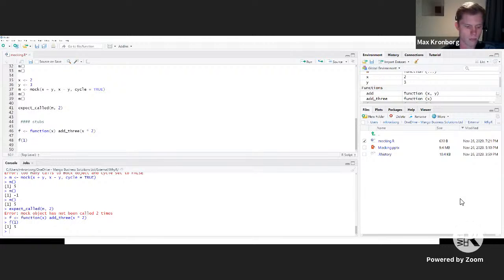So the way to use stubs is to call the function and to specify first the function that you're going to run.